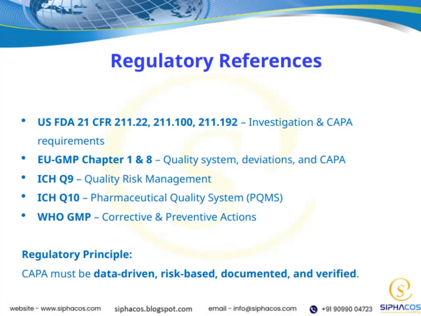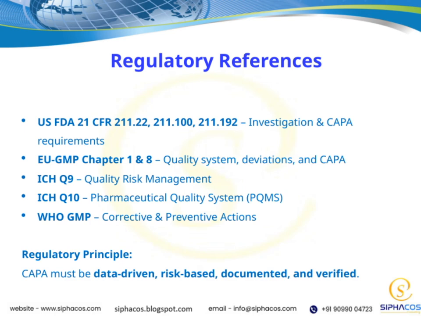Let's take a moment to look at some key regulatory references that guide our CAPA processes. In the United States, the FDA's 21 CFR 211.22, 211.1, and 211.192 set clear requirements for investigations and CAPA systems. These regulations emphasize that any deviation or issue must be thoroughly investigated, and appropriate corrective and preventive actions need to be implemented. Moving to Europe, the EU GMP Chapter 1 and 8